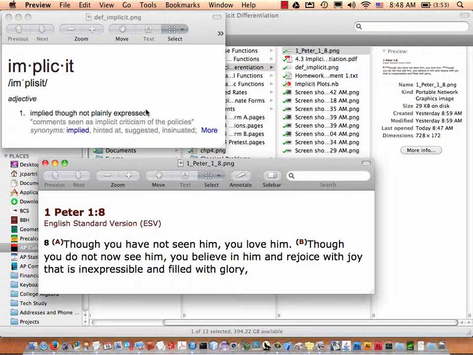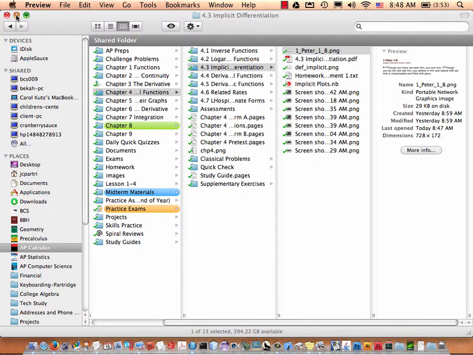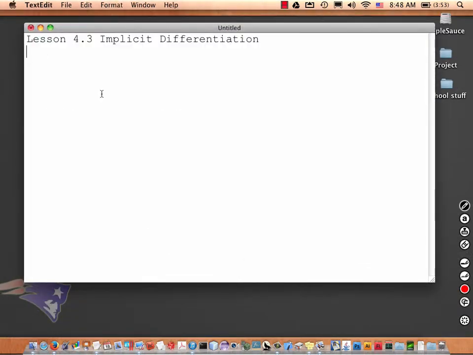But one day we will. But right now, our love for him is implicit. We implicitly love, we implicitly trust, though we don't know what's going to happen in the next few seconds. Right? Okay? Now, take that same idea, and I want you to carry that idea throughout the rest of the lesson. Implicit differentiation means we are going